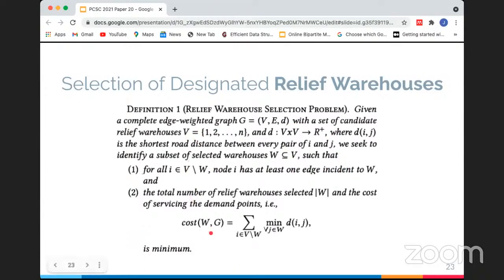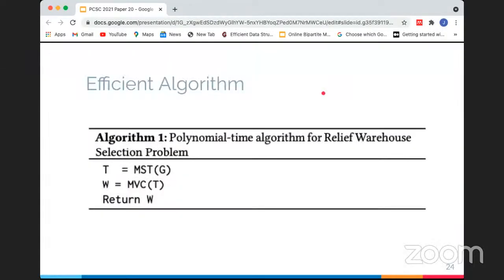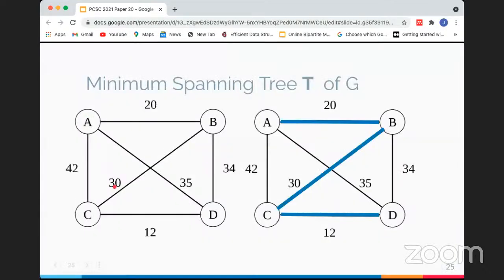Okay, so this is a variant of the facility location problem, and we just limit the conditions to accommodate the constraints of identifying a relief warehouse. Okay. So we provided an efficient algorithm, meaning this algorithm runs in polynomial time, and the algorithm is as follows. So the first step is to compute the minimum spanning tree of the graph. And then later on, step 2, we compute the minimum vertex cover of the tree. And the minimum vertex cover of the tree is the selected warehouse of the given graph. So for example, if we have the same graph as I showed a while ago, we can get the minimum spanning tree in polynomial time. In fact, to be simple, we can use the Kruskal algorithm to get the minimum spanning tree